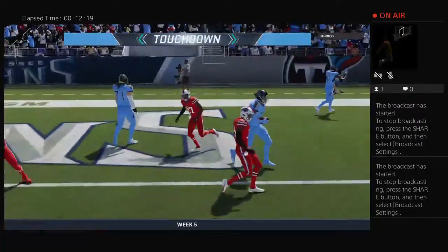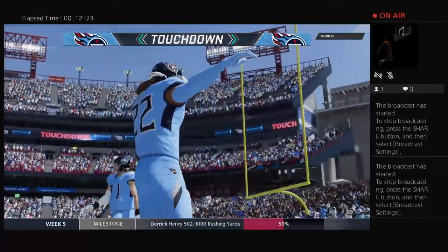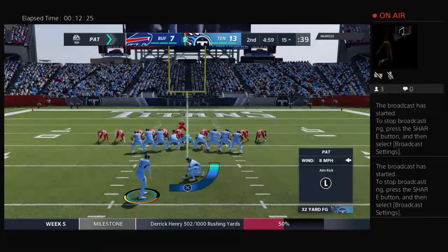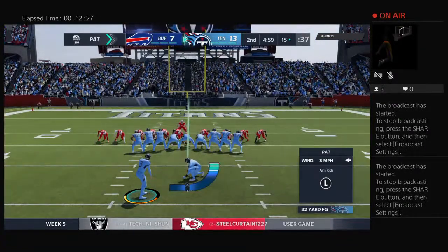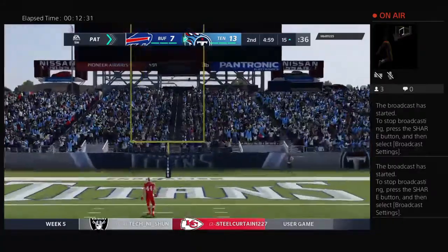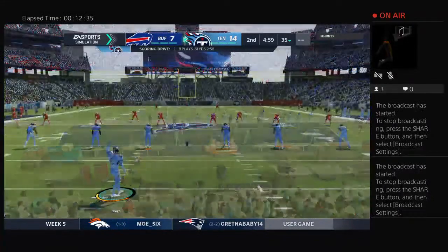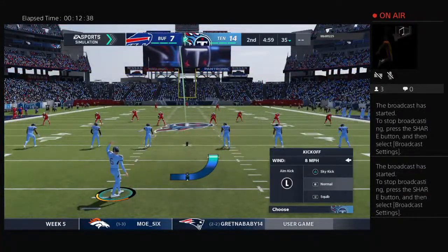And into the end zone for a Tennessee touchdown. Derrick Henry with his second touchdown of the game, number 7 on the year. And the Titans have taken the lead. And he's got it. It's now a 14-7 ball game. Makes the score Titans 14,